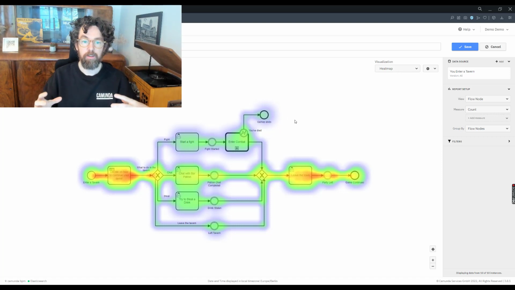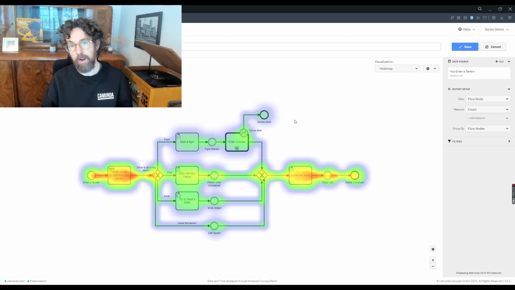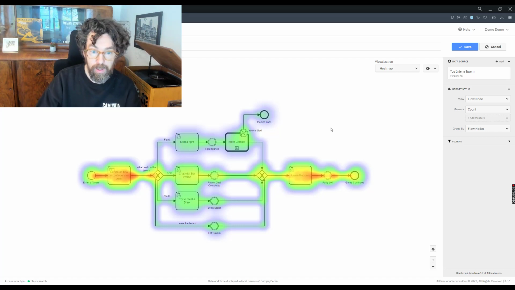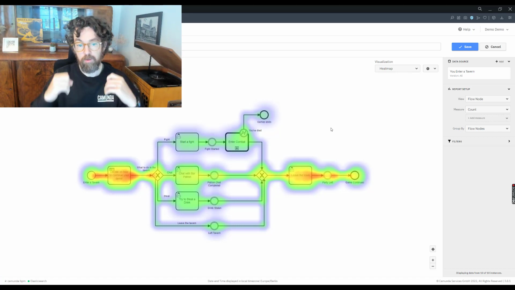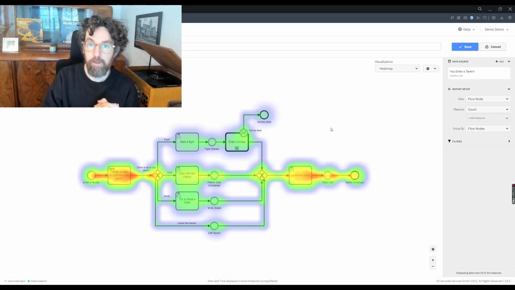We don't need to look at this model and try to work out the state, because if we have added it, it's already there. We know when we have stolen a drink, we know when we've left the tavern. None of these require us to have to interrogate the model to work out when and how things happen. So that makes the reporting really easy. So if I want to report on all the state, now imagine you were just given this model and you're being told, like let's say you didn't even model it, report on the various important states.